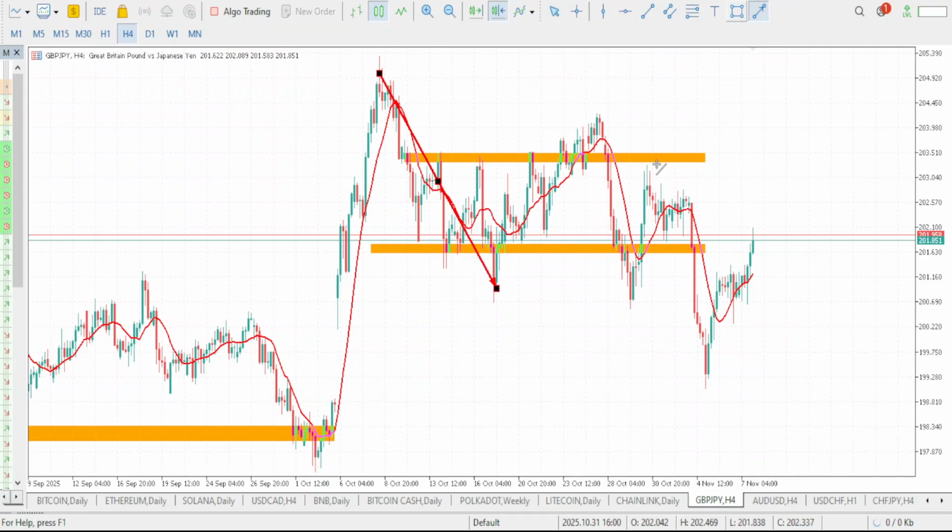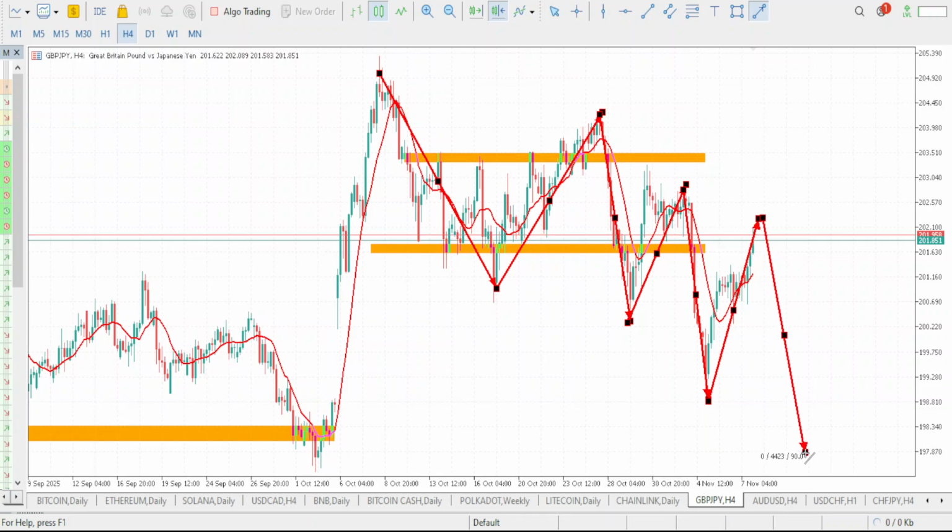This is the drop low. This is the lower high. This is the lower low. This is the lower high. This is the lower low. This is the lower high. Now we should be expecting another lower low